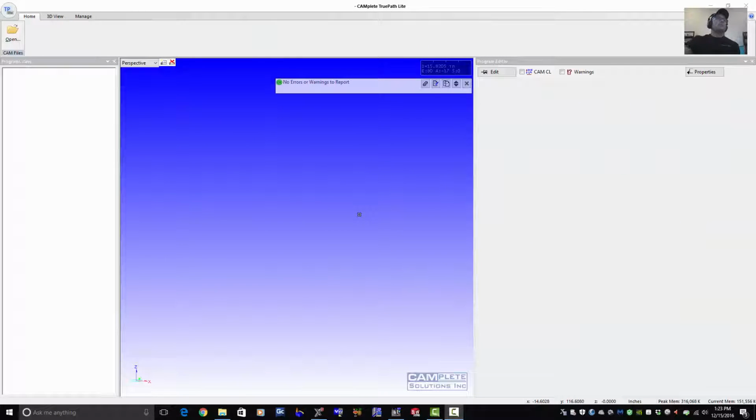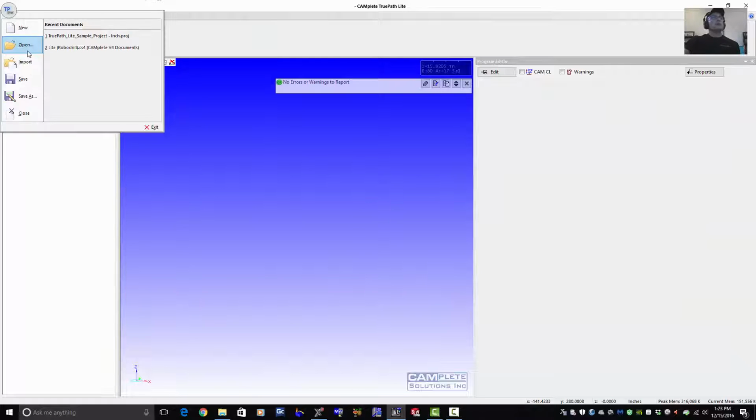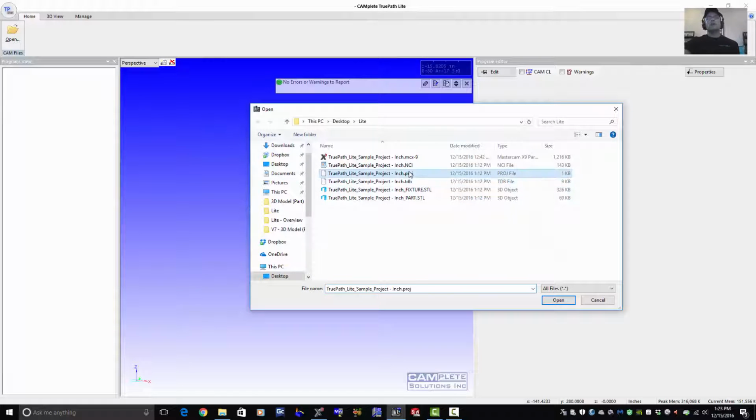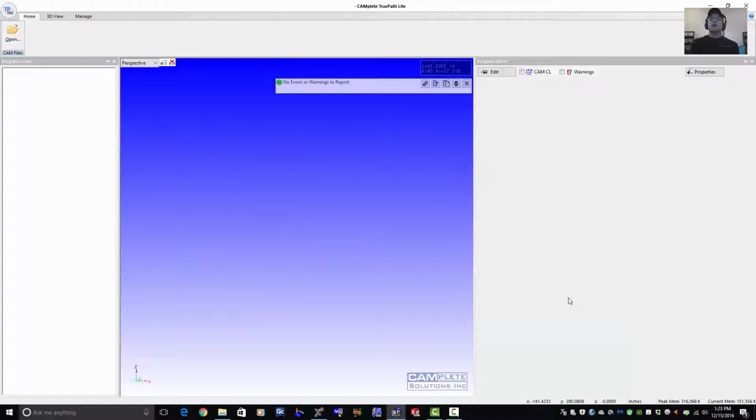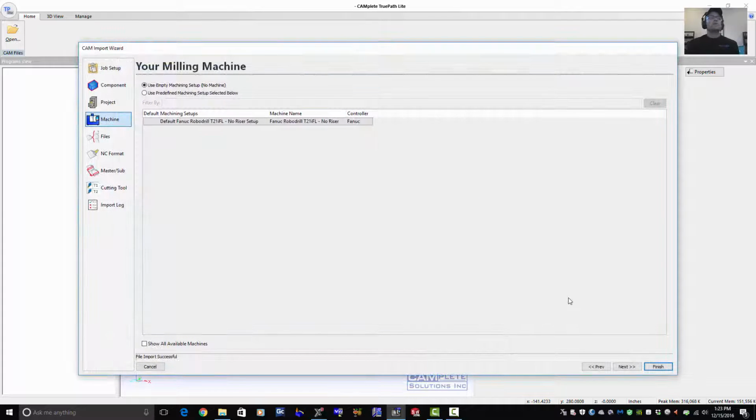I've loaded CAMplete TruePath Lite. Going to select the project file, which was created from the CAMplete plugin from Mastercam. This will automatically load the part geometry, fixture geometry, tool holders, and the cutter location files for that project I